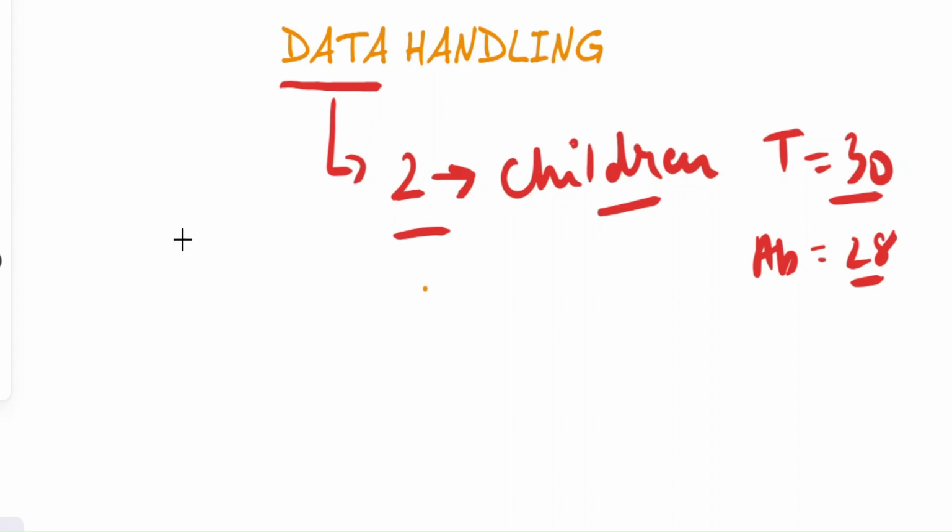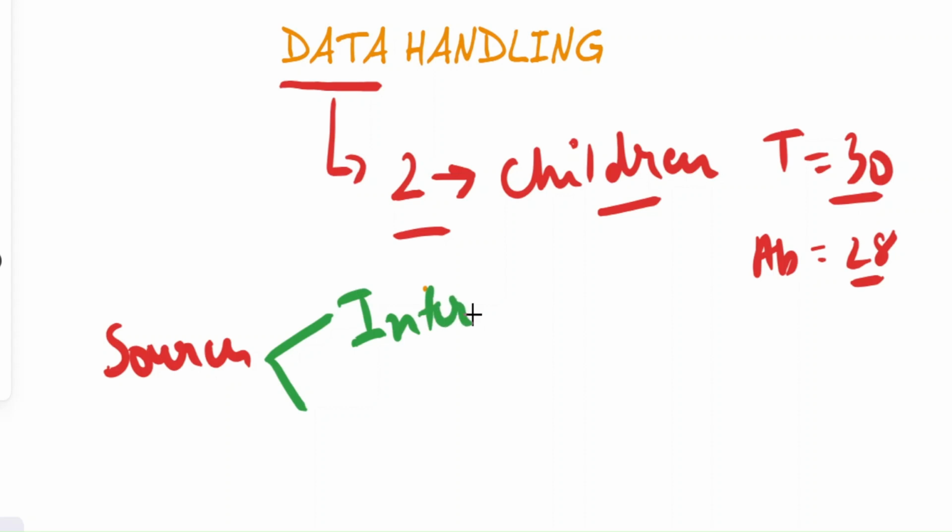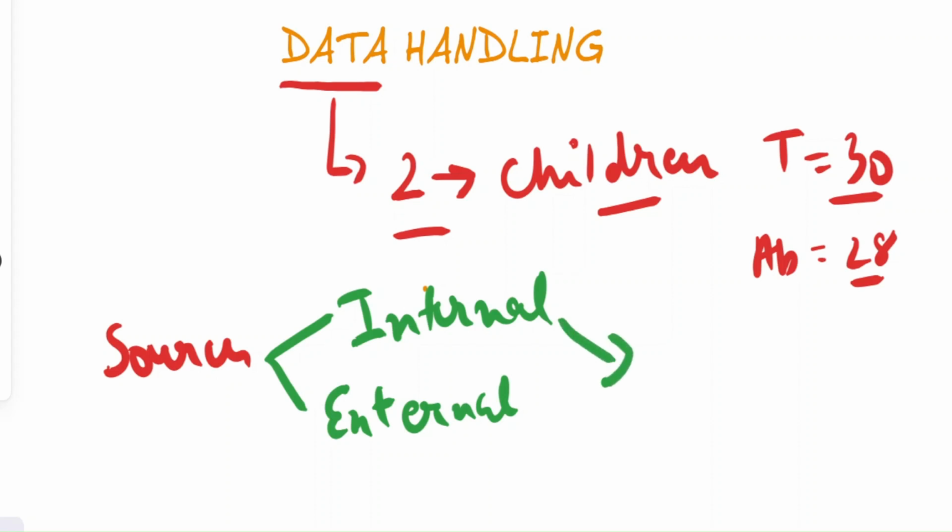Now let's talk about how we can collect data. First, let us understand the sources of data. There are basically two sources of data. First is the internal source of data. The next is the external source of data. Now, the internal source of data is the source where we collect data from inside